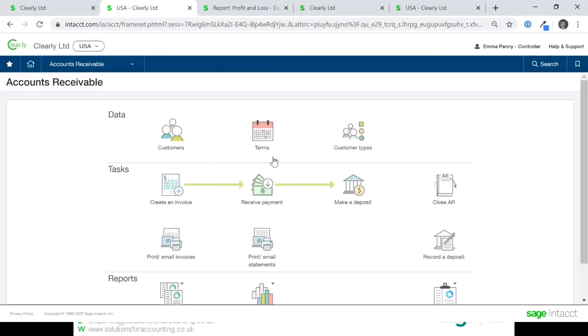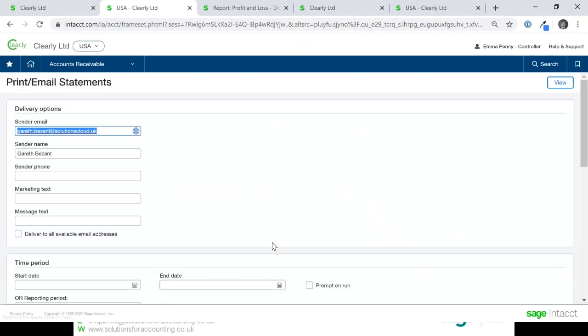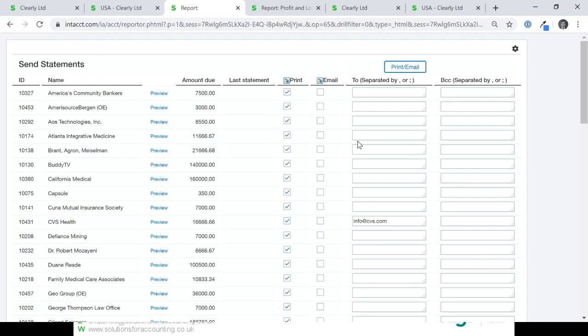If I wanted to create statements for customers, you can do that as a bulk process, or you could even just filter it down to an individual if you wanted to. The system will email directly out, and that's the same for all of these different systems: invoices, statements, credit notes, correspondence. You can have the system email stuff out for you, or you can print and you can define which is which. When the system says print, it doesn't mean it's going to print it out on your printer locally, as it's a cloud-based system. What it basically means is it's going to create a PDF for you to then print.